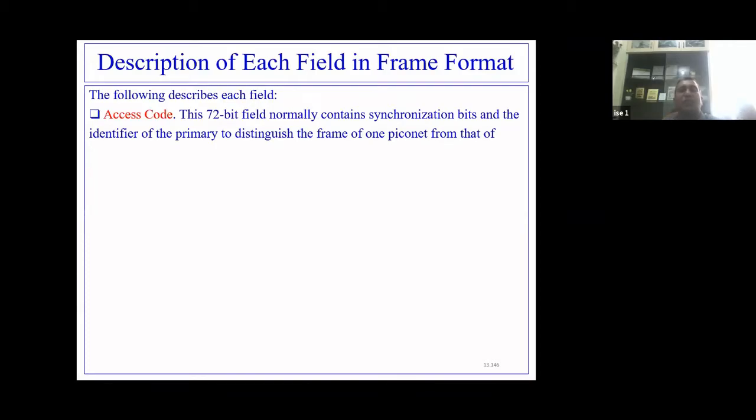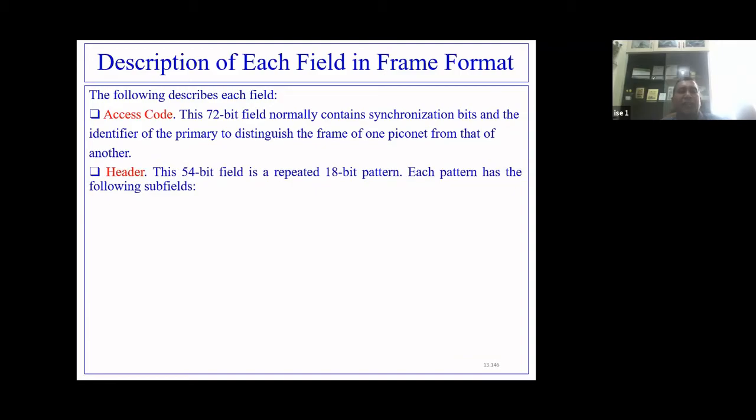So this access code, 72 bits or 9 bytes, is basically used as synchronization bits. It is also the identifier of the primary, to distinguish the frame of one piconet from another piconet.